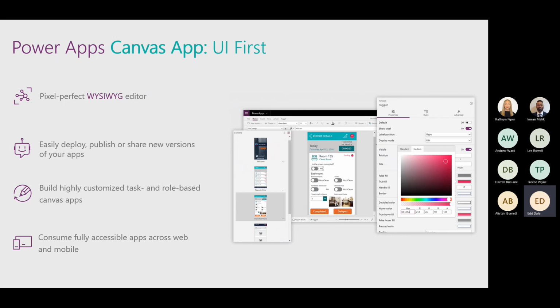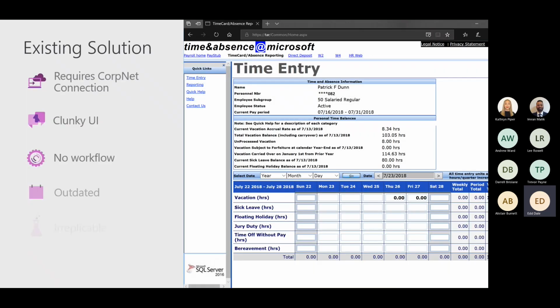So again, the Canvas apps, this is where, again, a lot of people get started because it is probably the simplest place to start building and developing your apps. Now, why would someone want to do this in the first place? Now, we mentioned at the beginning that there are some workflows that are inefficient, to say the least. Workflows that are inefficient, workflows that are broken in some senses. Take, for example, an existing solution. And this would be a great example of using Power Apps for an app migration.